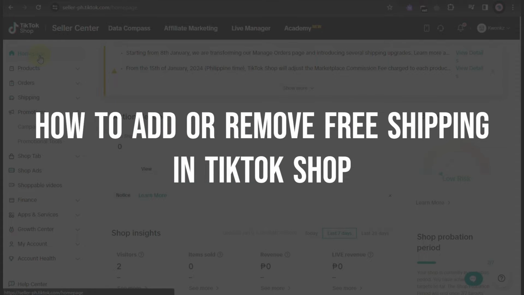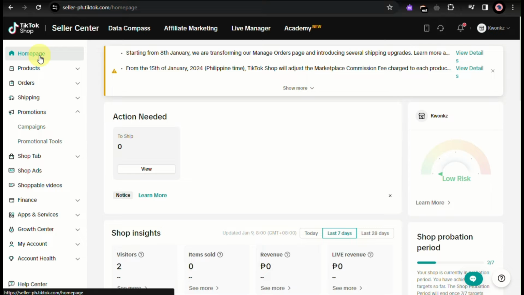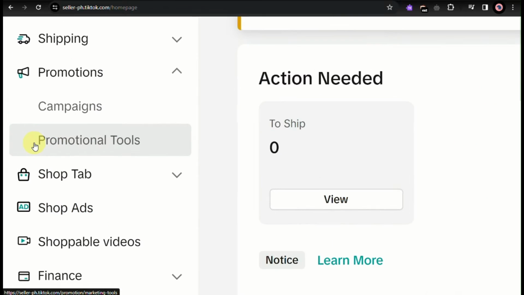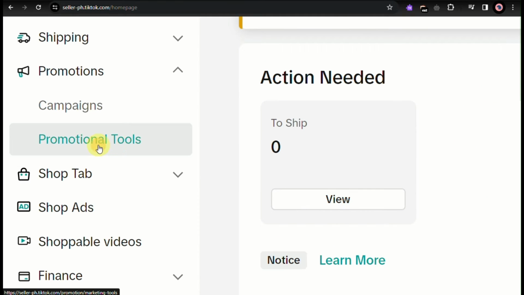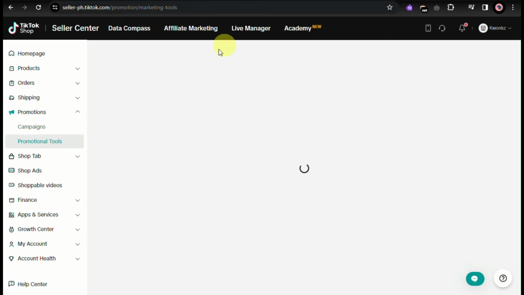Hey guys, in this video we'll teach you where you'll be able to add a free shipping discount here on your TikTok Shop. Simply log in to your TikTok Seller Center, and here on the left side panel on the screen, simply navigate through promotion and click on promotional tools. This is where you'll be able to find the free shipping option and other discounts that you can use for